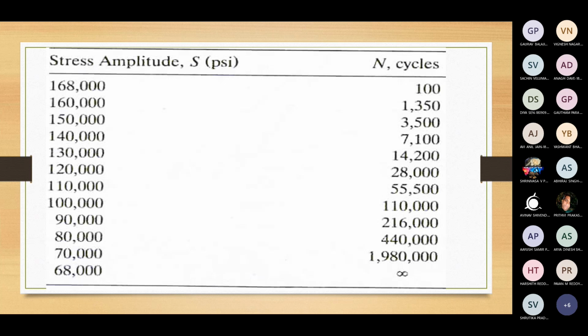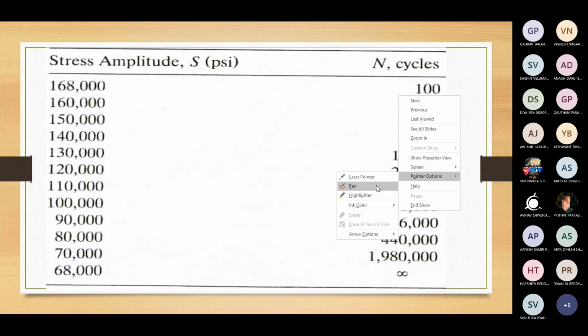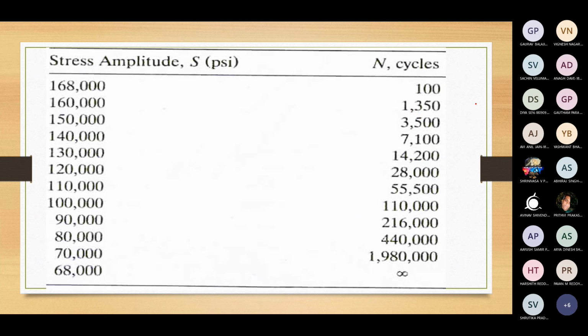The SN curve data has been given to you in the present problem. So the table that is given to you is actually the SN curve diagram data. You can plot the SN diagram, or you can use the same table and interpolate the corresponding values. Interpolation, you can do it. So we can have log life on this axis and the corresponding alternating stress along the y-axis, and you plot these particular values.